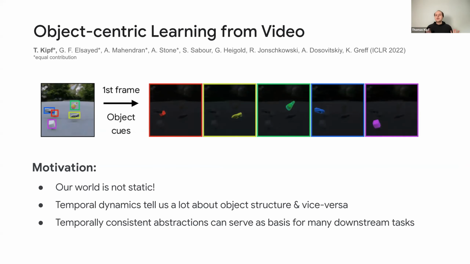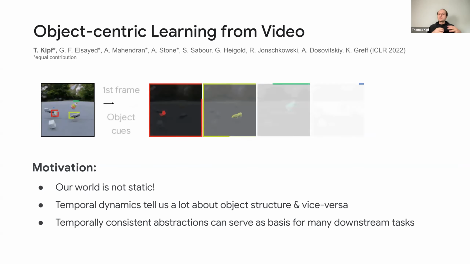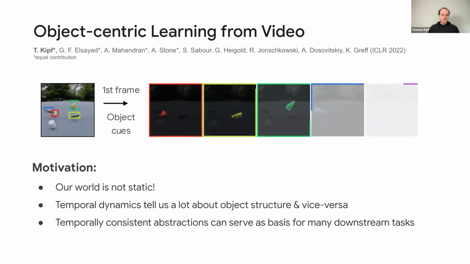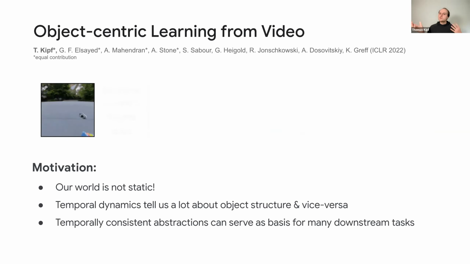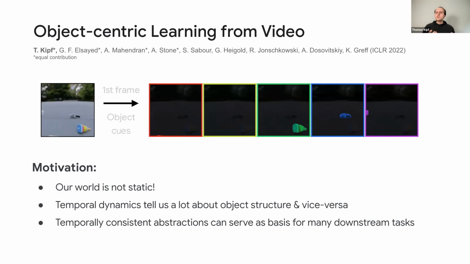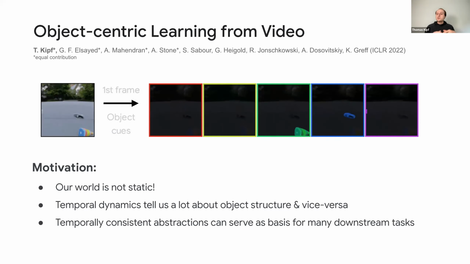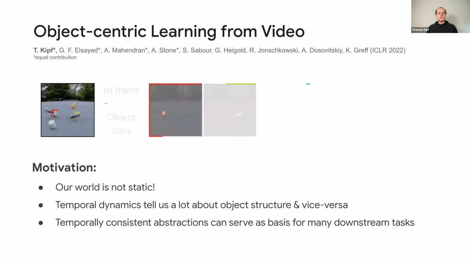Now, this was exciting for us. We started mostly on these simple image datasets, but it turned out it was actually really hard to scale this to more complex data. One aspect we were interested in is that if you look at the world around you, a lot of the things that drive object perception are motion cues in the environment. And of course, if you want to learn from motion cues, the most natural thing to look at are videos instead of images. And so in this work on object-centric learning from video,